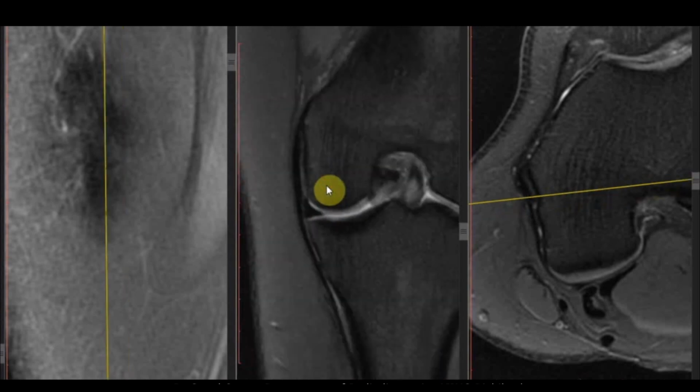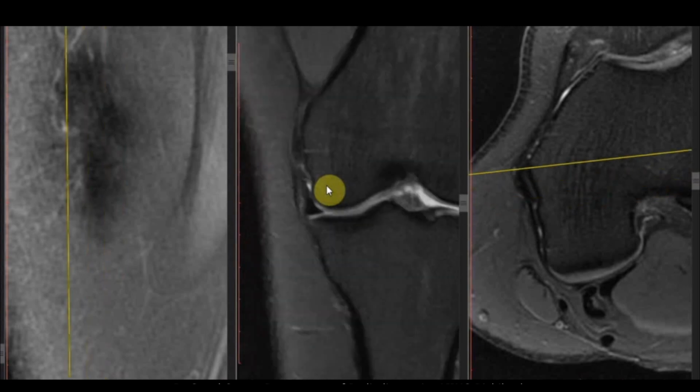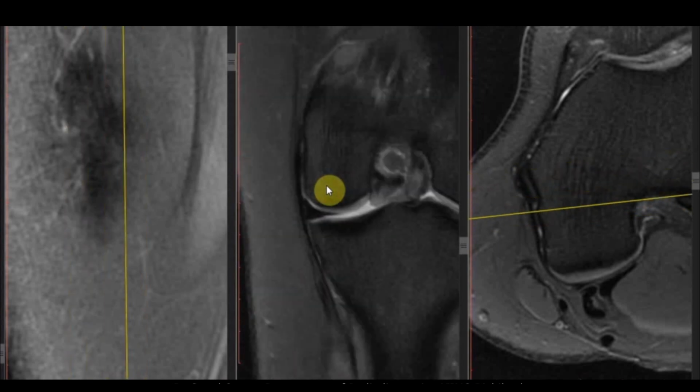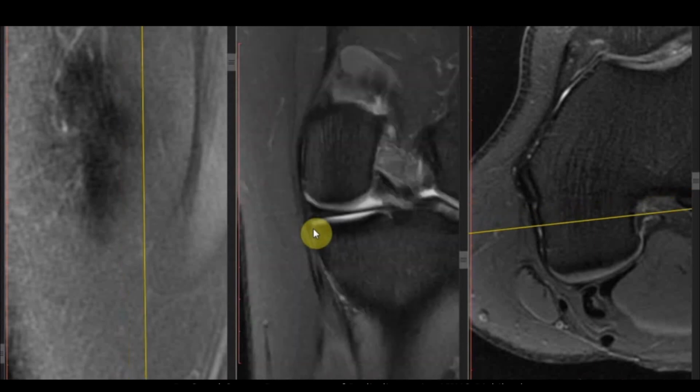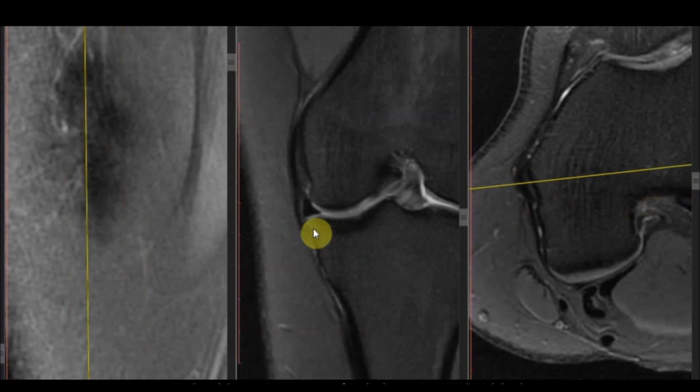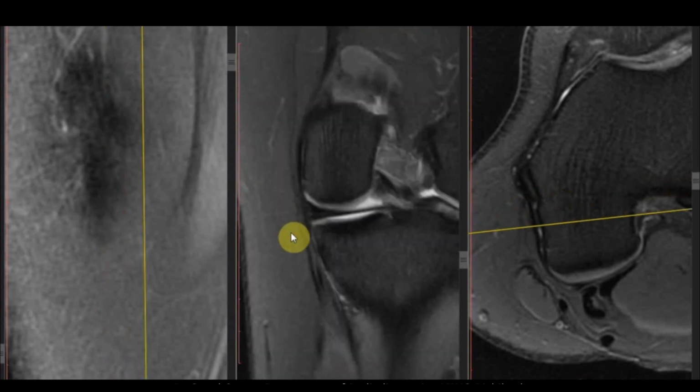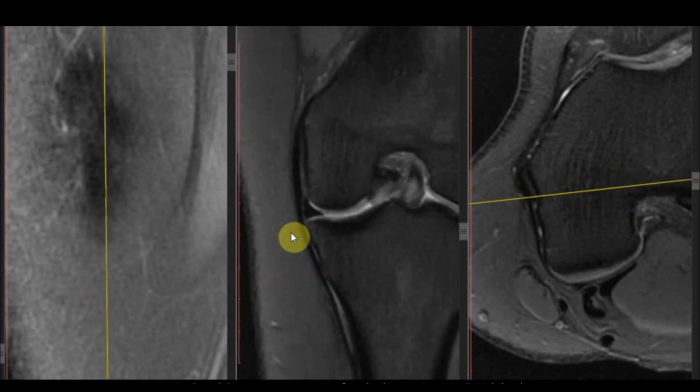So deep component of medial collateral ligament consists of meniscofemoral and meniscotibial component. So a very thin structure here. So meniscofemoral ligament attaches with the menisci and the femur, and meniscotibial ligament attaches with the menisci and the tibia. So there are two components of the deep medial collateral ligament, the meniscofemoral and meniscotibial component. Then there is superficial component, and then there is crural fascia. So medial collateral ligament is composed of 3 layers.